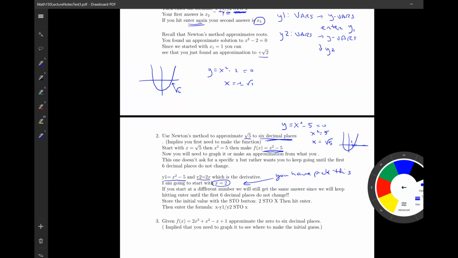then again, remember the formula: x minus y1, get this by going to the vars button, and then divide by y2, get that from the vars button as well, and store it back in for x. All right, when I did that, I got my first calculation from the calculator: x sub 2 is 2.25. So I want to go until there are 6 decimal places that are not changing. So I hit enter again, and I get